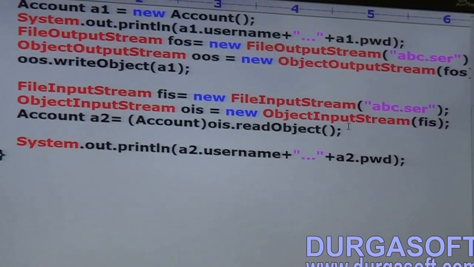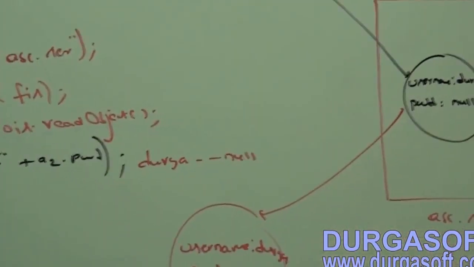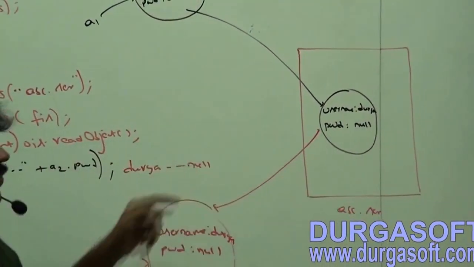Take the output also. First time Durga Anushka, but second time Durga followed by null. Completed, right? Next, take this diagram also, compulsory. Take this diagram.